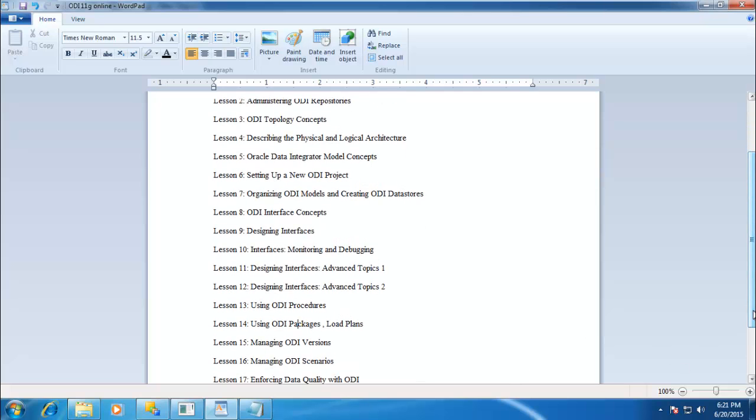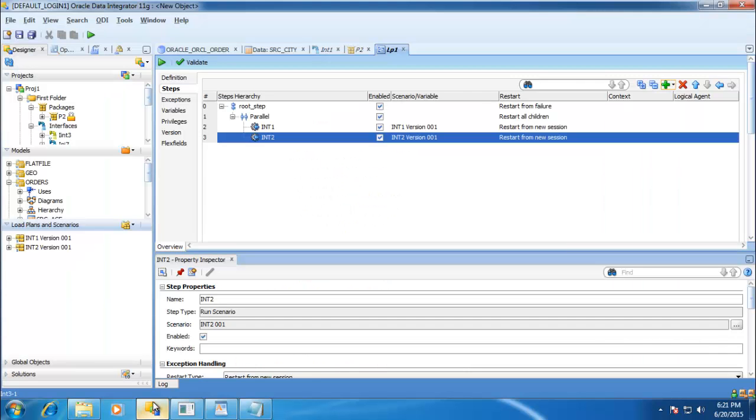In ODI, we use version controlling, and we can create multiple versions. Whenever we are trying to make bigger changes, we create a version, and then we go ahead with the changes. By that, if the changes go wrong at any time, we can roll back using version controlling. For example, if we see an interface,